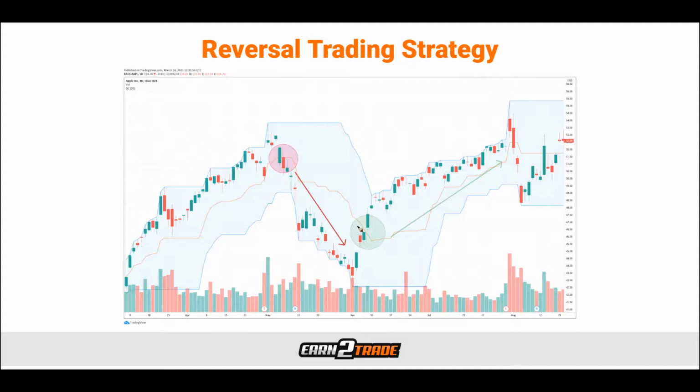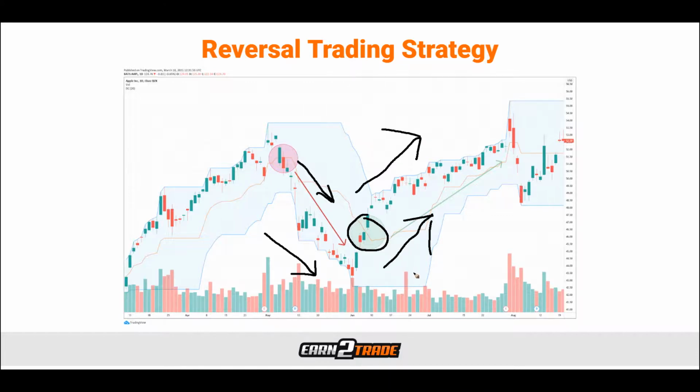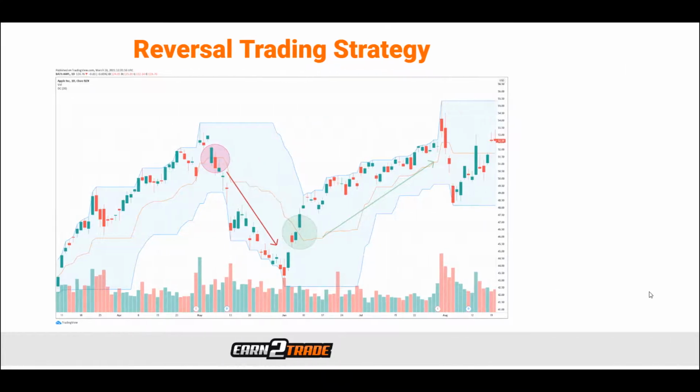The opposite holds true if we're trading below the middle line for a period of time with bearish activity, and then finally market activity causes price to close above the middle line. This crossover of the middle line can be viewed as a potential reversal in this bearish momentum that was being exhibited, and now we can expect some type of bullish momentum thereafter because we have crossed the middle line.